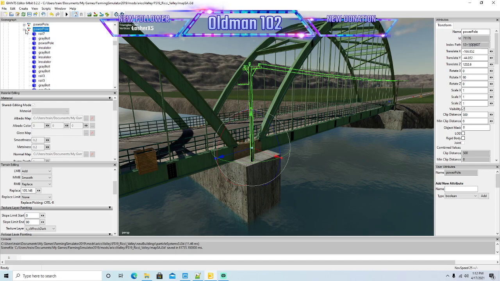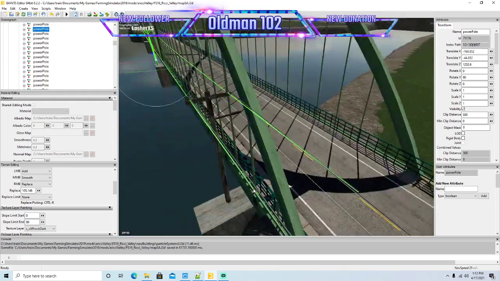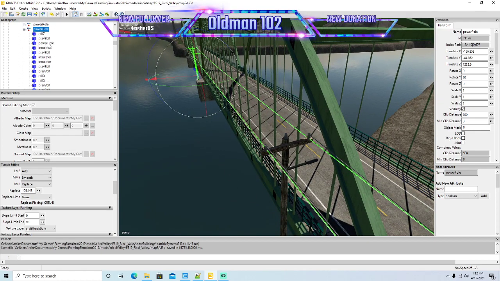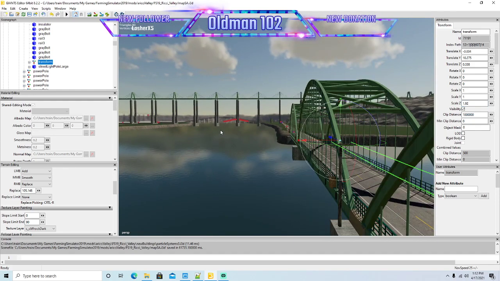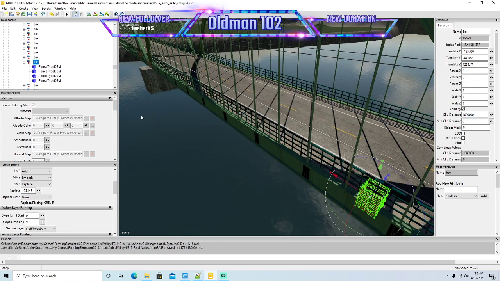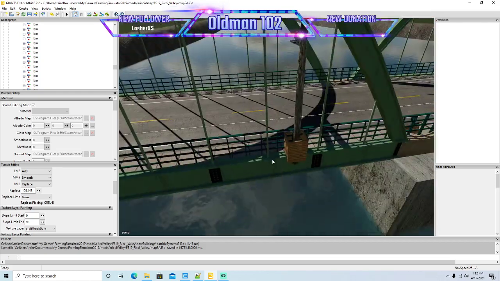Alright, now let's take the whole thing and get it readjusted to this one. So let's go like 1.9. Alright, so that one's fixed. And then I don't need this box anymore, so that one can get deleted. Alright, we're getting there. Now we take this one,